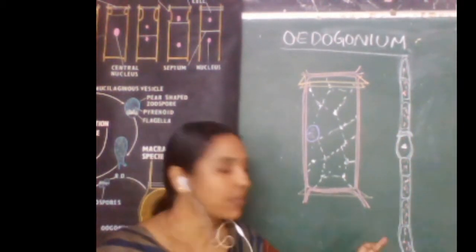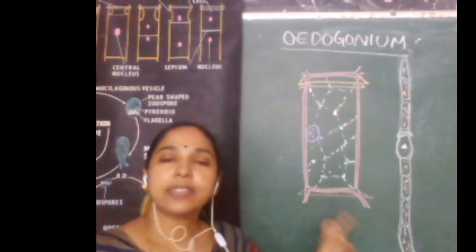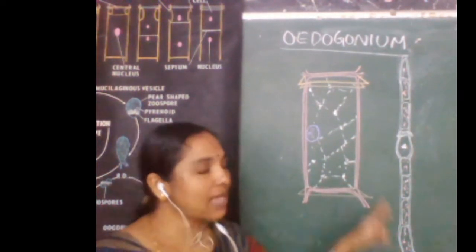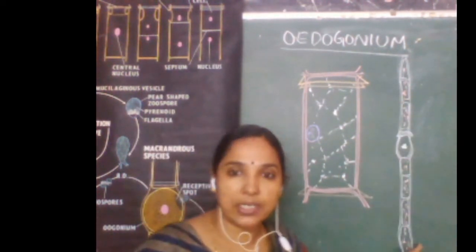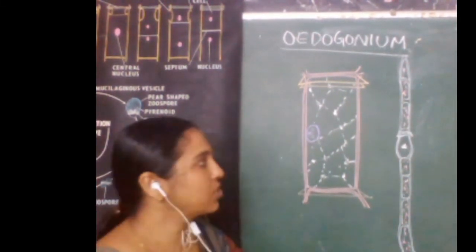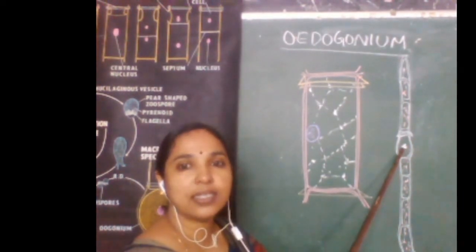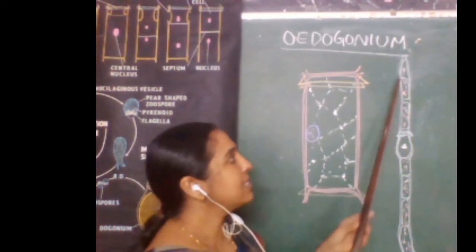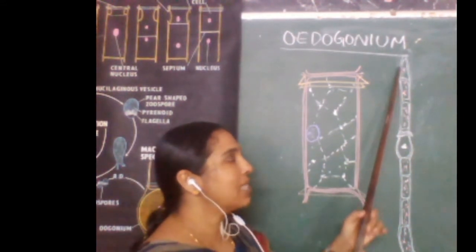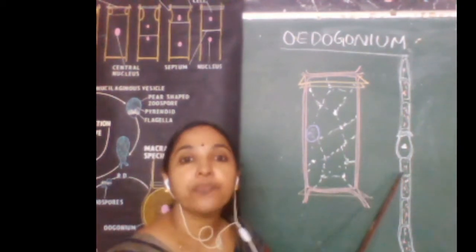This is attached at the base by the structure called holdfast, and some may be attached or some may be free floating. And the filaments are usually longer filaments, and these filaments are having the structures like this bulged structure at the center, that is the oogonium, and these are the cells. You see, cells are all longer cells and thin, and width is very less compared to the length.